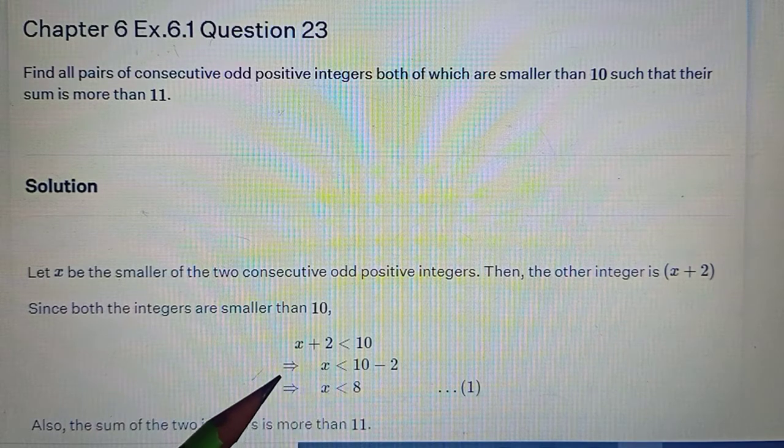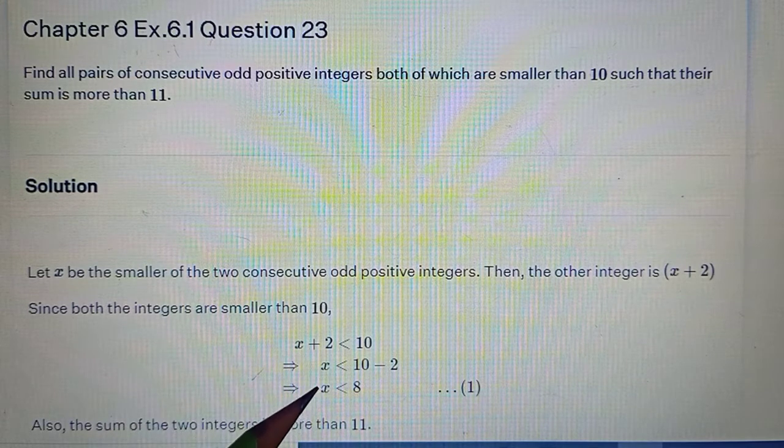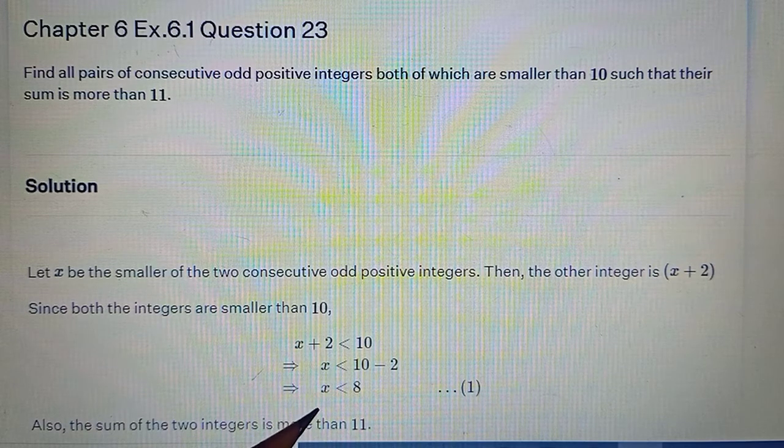Okay, so one condition we had come across was x is smaller than 10, which we have not mentioned. Why? Because from here we have already got x is smaller than 8. So we've got the other limit. Any x which is smaller than 8 is automatically smaller than 10 also. Okay, so that merged into this. When I say x is smaller than 8, x is smaller than 10 automatically comes. That is why one limit is this.